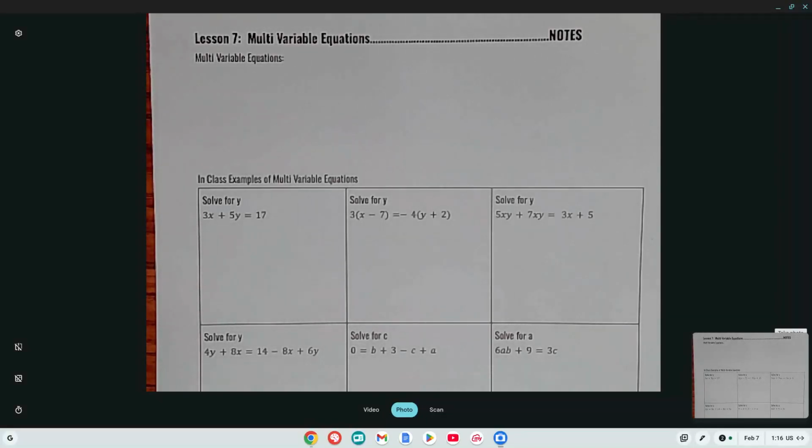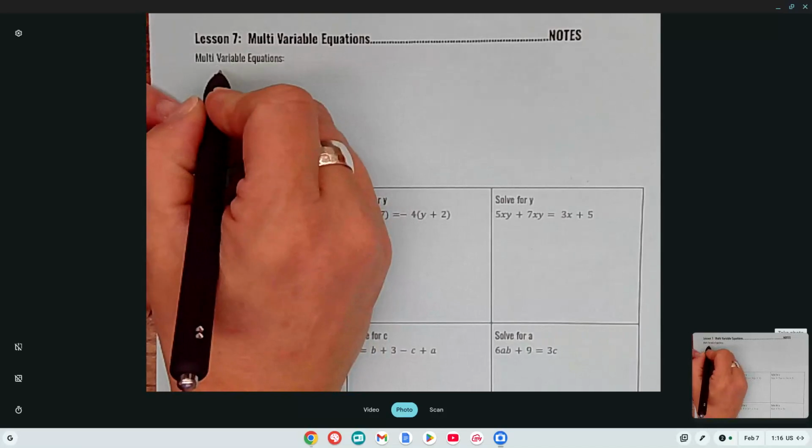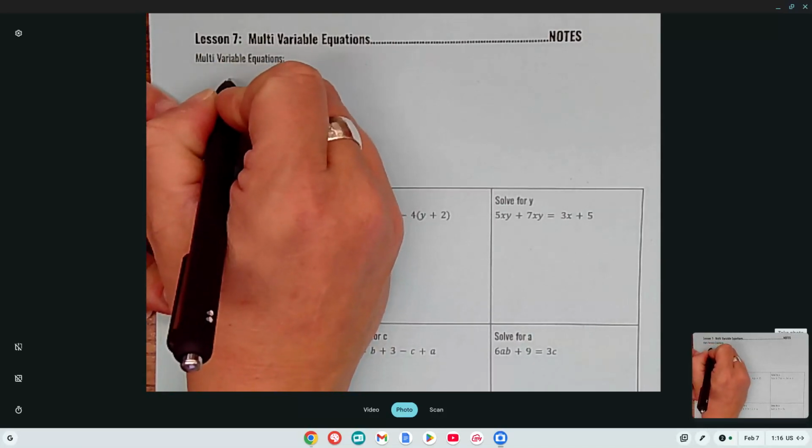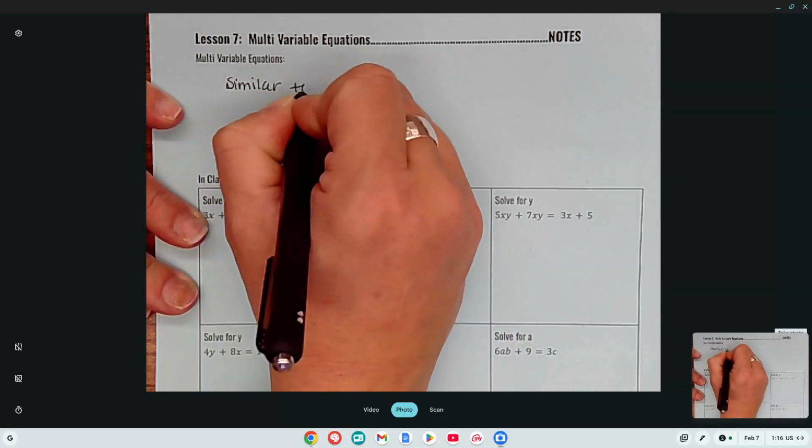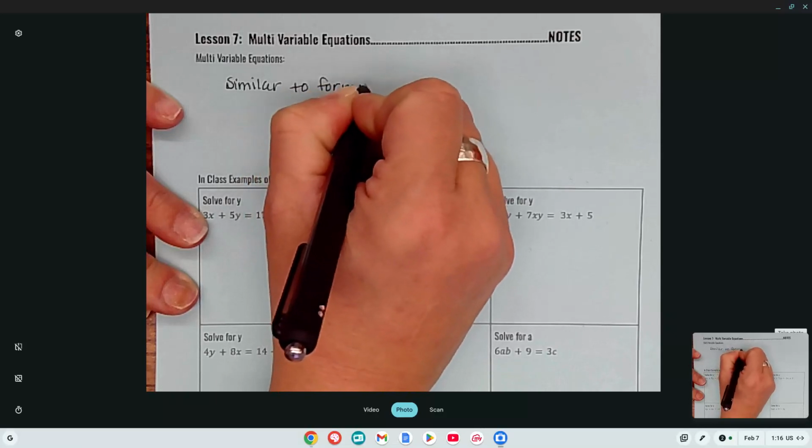Hello, everybody. We are going to take a look at Lesson 7, dealing with multivariable equations. So this is similar to Lesson 6, where we simplified formulas, or we solved a formula for a certain variable. The only difference is that these aren't necessarily formulas. They're just equations, okay? So for multivariable equations, I'm just going to put that they are similar to formulas, like I just said,